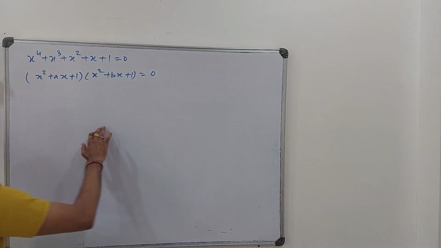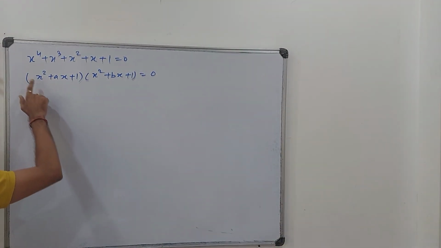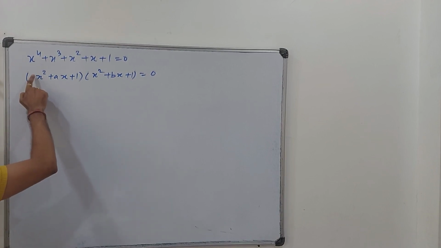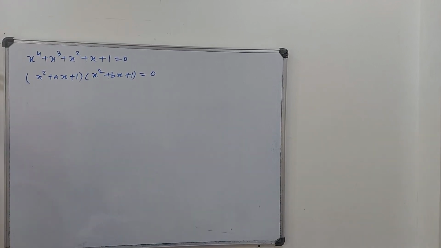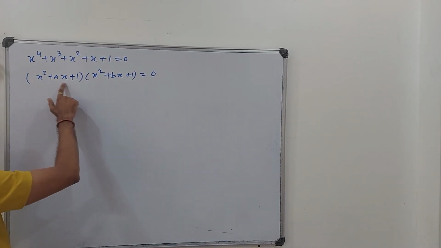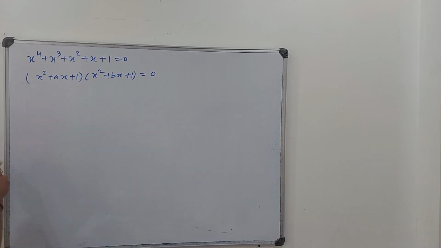Fine. So again I am repeating what I have done. The x square coefficient is 1 here also, so I just took x square, not ax square. In the earlier question we took a and b over here, or a and a, but here it is not required. We just focus on the part which is required for us. Now after that, ax here and plus 1 and plus 1. Let me just work out further.